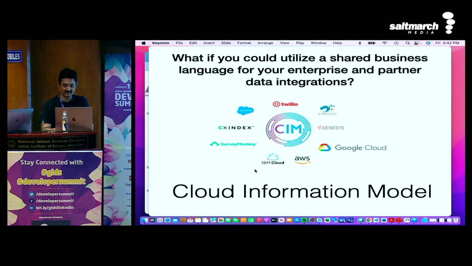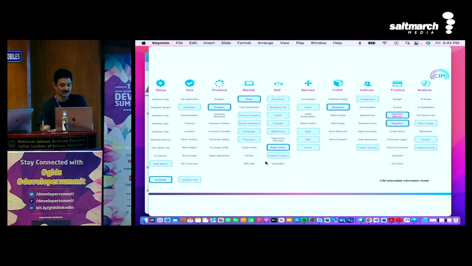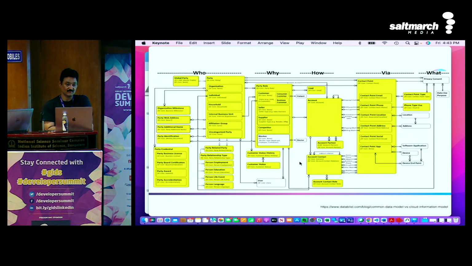They're creating that model. If you're hiring, marketing, selling, any products you're using, you can use this. For example, setup, what things are involved. So these are all the objects which you might have in your company right now within this itself, because you're going from setup to analysis. I'll pick only one model, the party model.